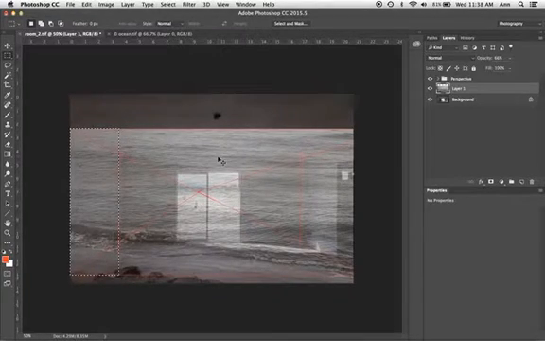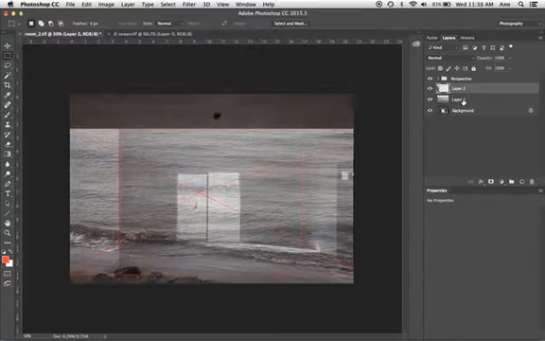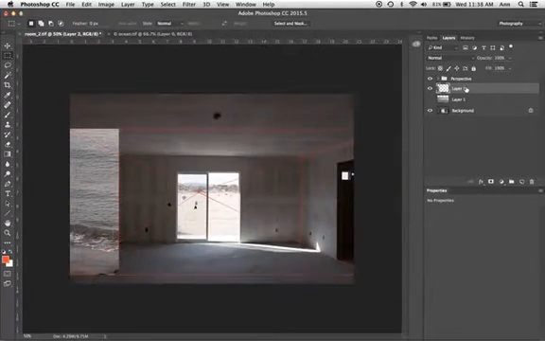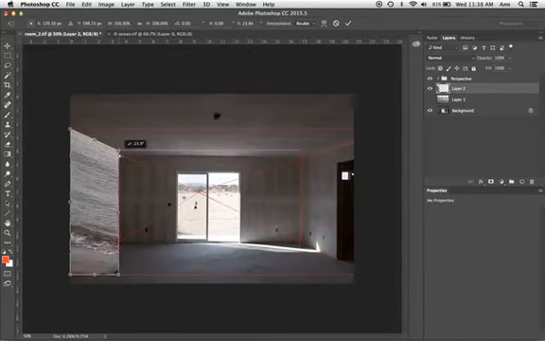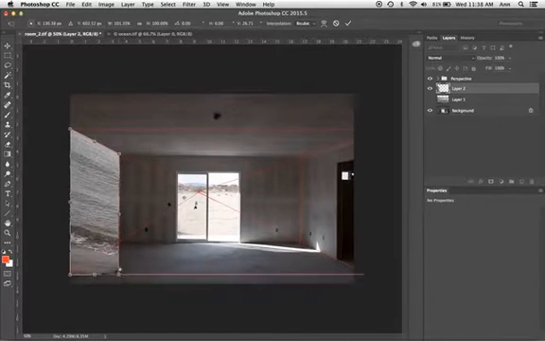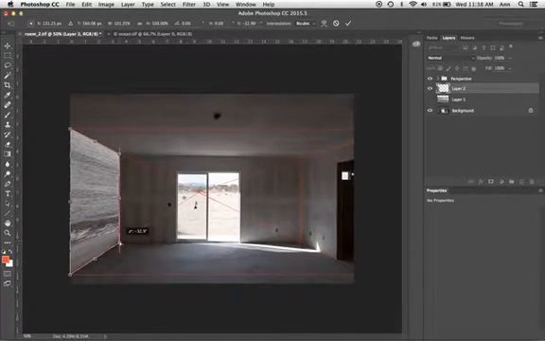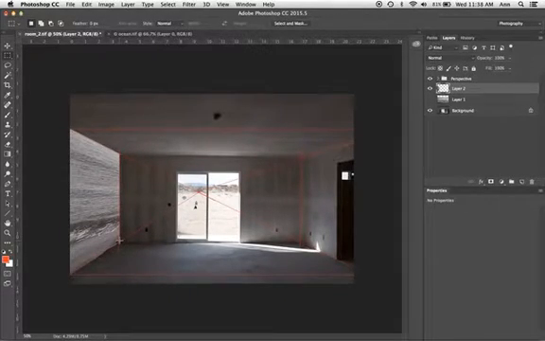That's going to help that selection line up to your guidelines. I'm going to copy and paste, and I'm going to make that layer invisible, the layer of the full ocean. And I'm going to now Command T, which is a free transform. Hold down the Command key, press and drag to line it up to those corners where the wall and the room meet. And then hit the Enter key.